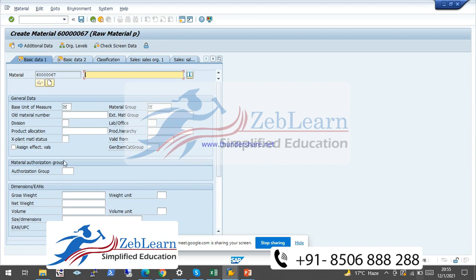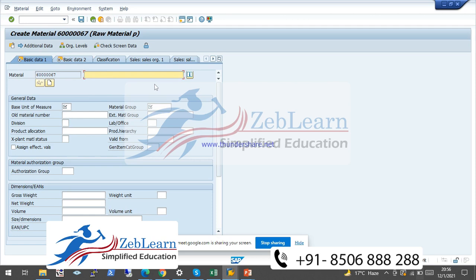This is the basic view tab. Here you can see the material number already given by the SAP. How does it come in this picture? It is decided by the background setting, and it is decided with the help of the material type. We can assign the field in material type and number range to the material master data. Okay, I will show you this. Just a second.